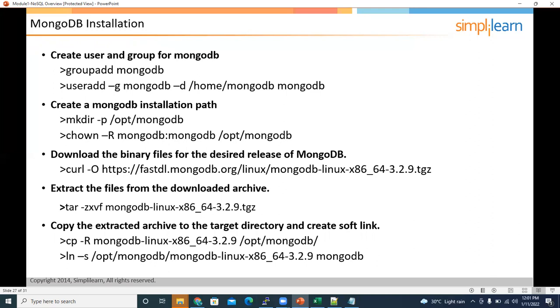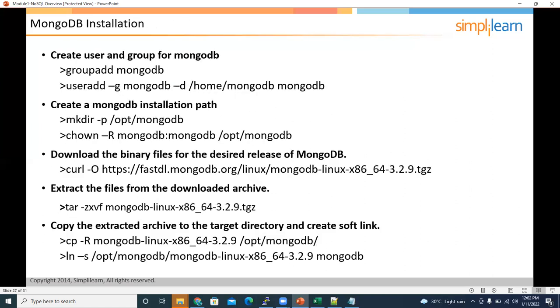They'll create a MongoDB user, but in real time in the industry we don't perform that. Actually, we have separate teams: the Linux team, network team, DB team, application team. We have a lot of teams. The Linux team will be responsible to create these users and groups, the permissions, creating mount points and assigning the ownership, everything. The OS team is solely responsible for this task. We'll be given the server with all these already created and assigned. So our job is to simply install MongoDB. That's it. We don't need to create these users and everything.